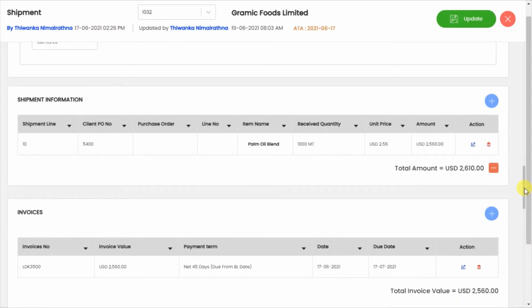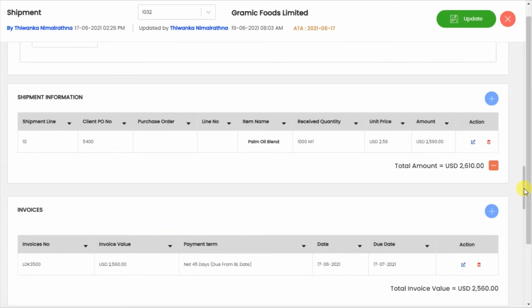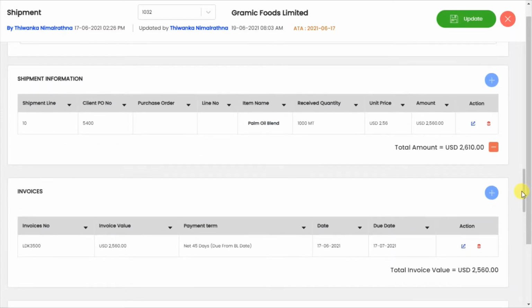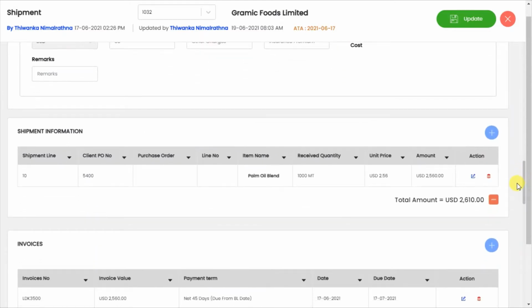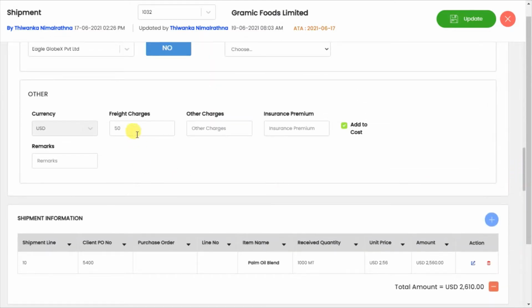If they mention that breakdown separately and add that cost to the final amount of the invoice, you have to mention the freight charges and insurance premium accordingly with that invoice. Then you have to click on this add to cost button.